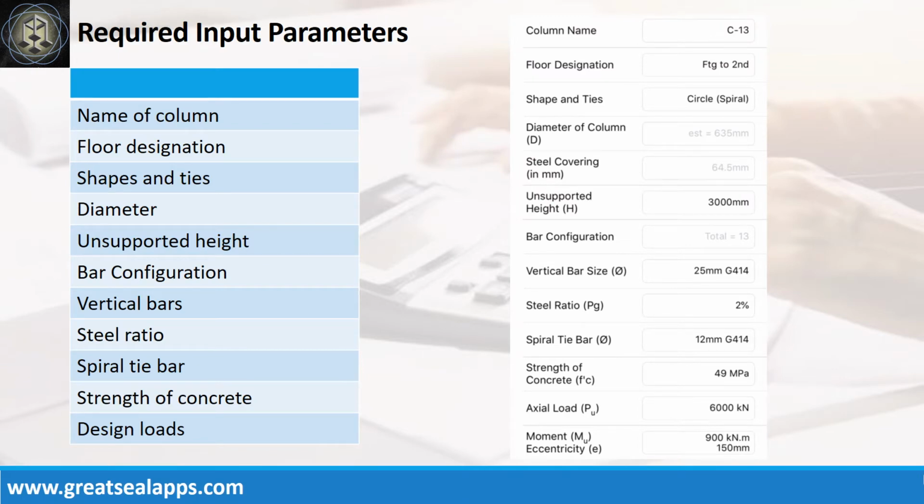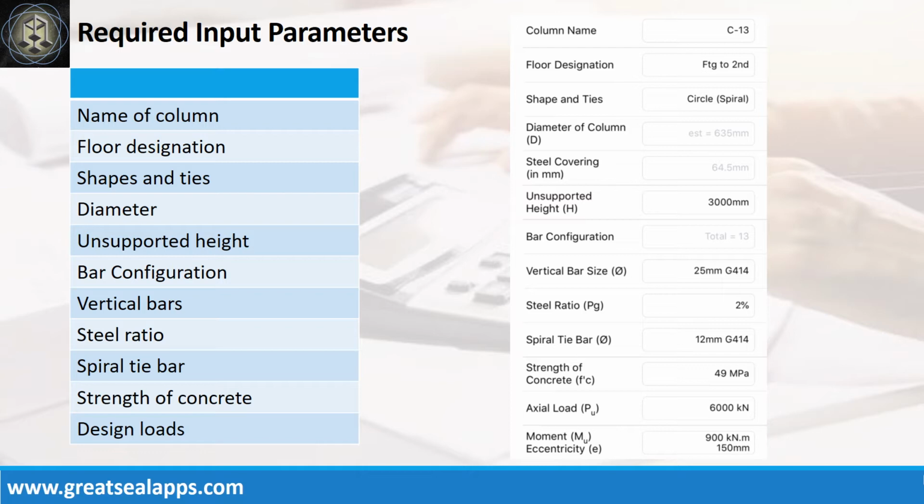Enumerate input parameters required. Column name C13, floor designation, footing to second, shape and ties, circle and spiral, steel covering 64.5 mm, unsupported height 3000 mm, vertical bars 25 mm bar at grade 414, steel ratio 2%, spiral tie bars 12 mm bar at grade 414, strength of concrete 49 MPa, factored axial load 6,000 kN, factored moment 900 kN-meter,